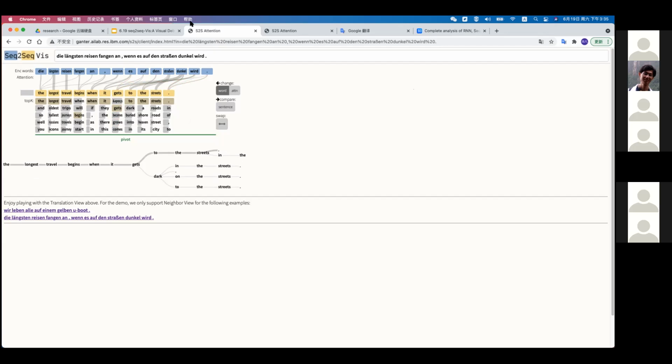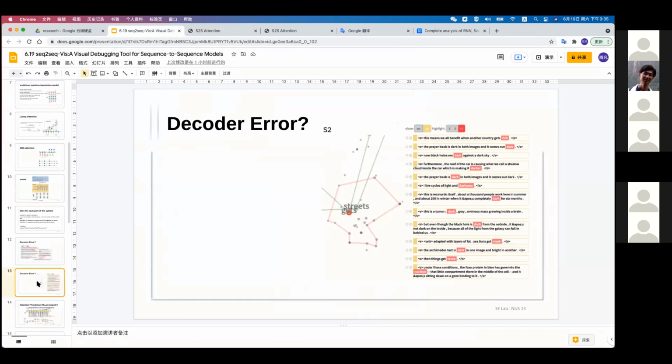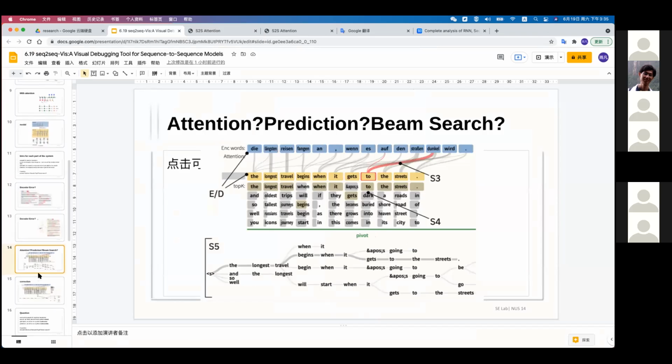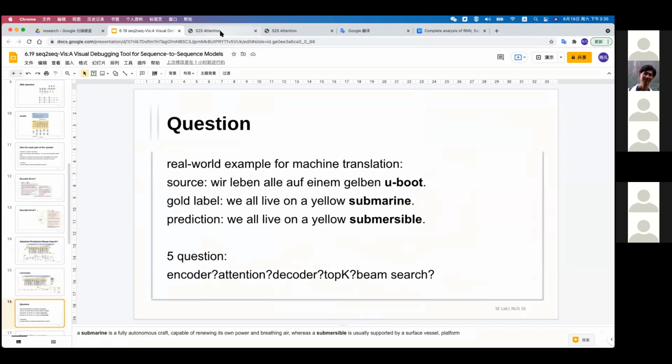Yeah. Okay. So this is a real world example, and you can correct with